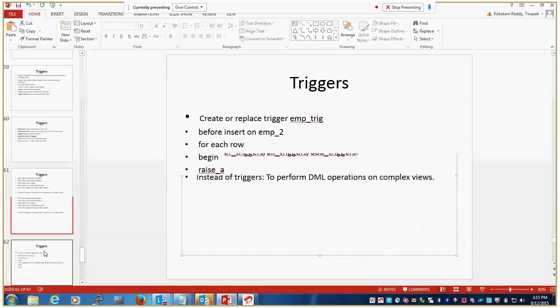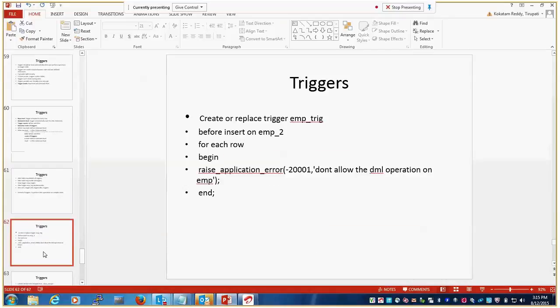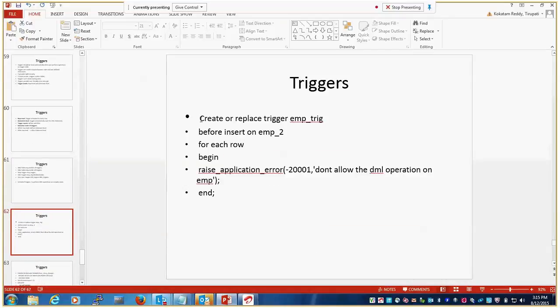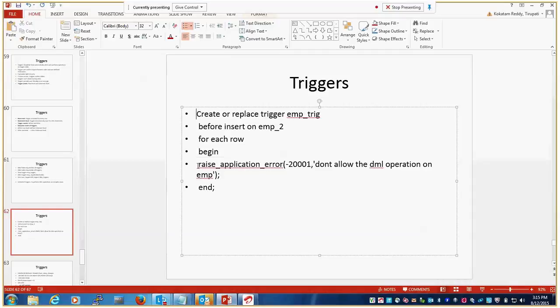This is one example. Today we checked how a user can raise a trigger on a table. The table name is EMP_2. We already executed this trigger yesterday.